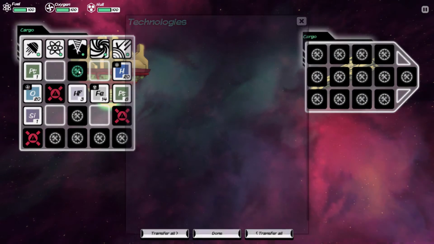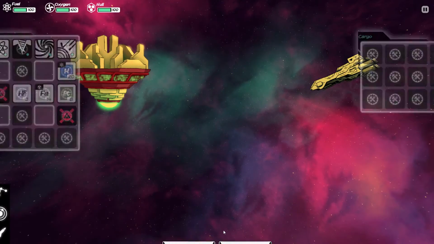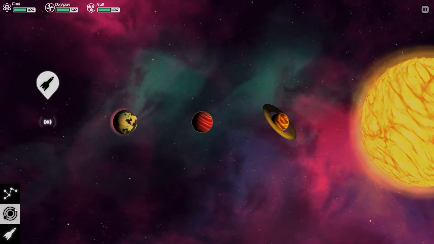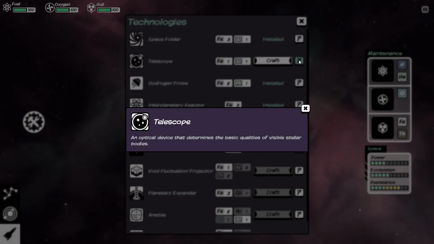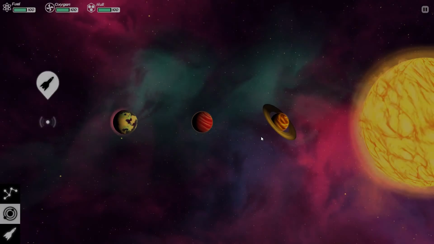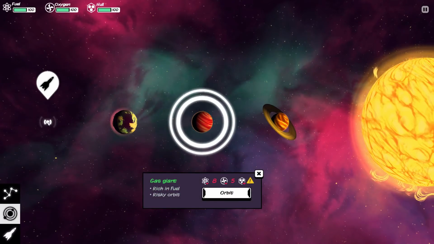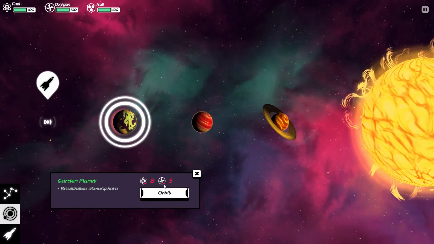Okay, so here I want to craft a telescope. Too bad I didn't have any gold. Well, I'll see if I can get along without a telescope for now, but I don't think I'm quite good at what the telescope does. Telescope. Oh, basic qualities of visible stellar bodies. So without it...